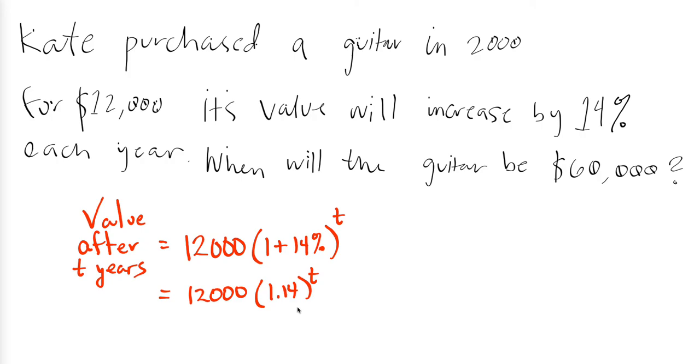How do we figure out when this is going to be $60,000? Because that's what this one's asking us. We are going to learn a correct way to solve this later on. Will it be exactly 60,000? No. So when it says when will the guitar be worth $60,000, the way our formula is currently set up is we're just going to go by whole years. You can have a partial year because the way this formula actually goes by individual days if we want, but